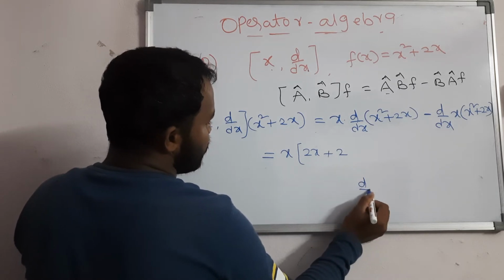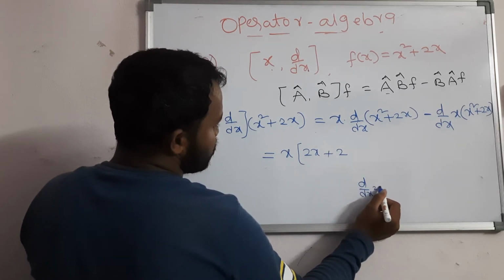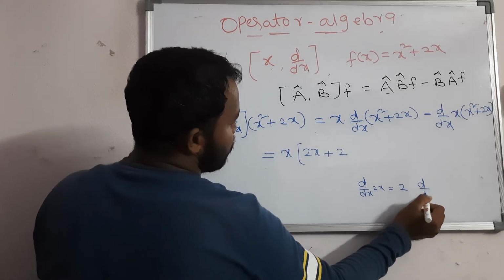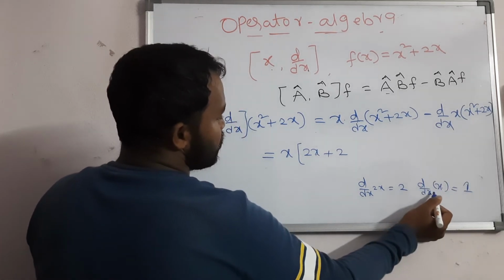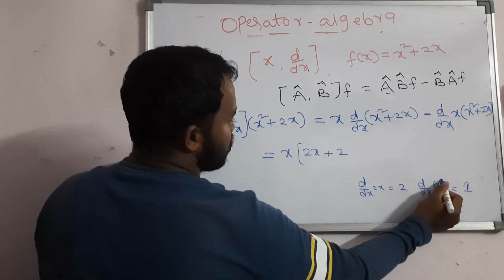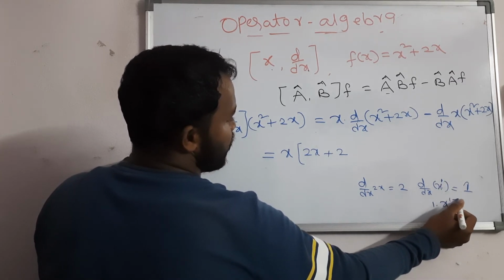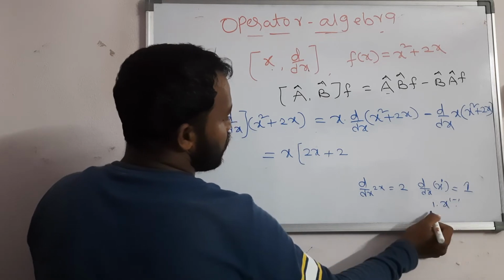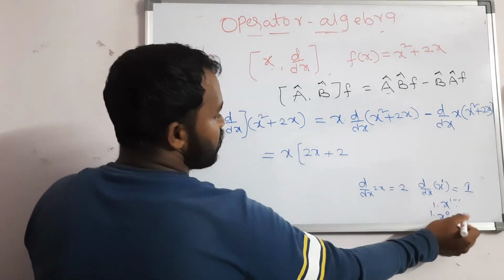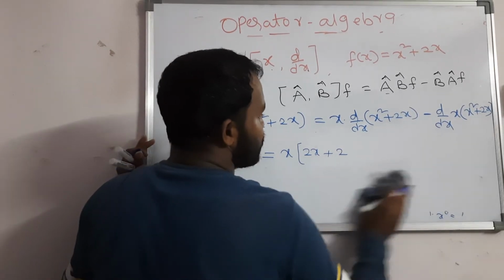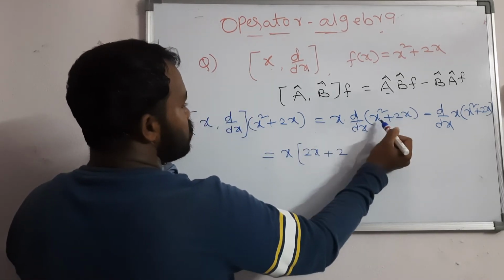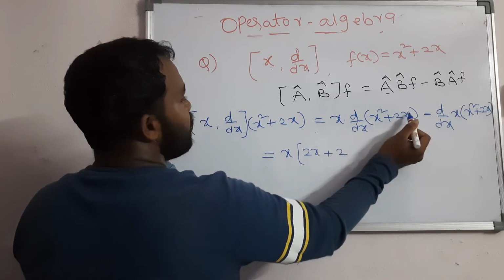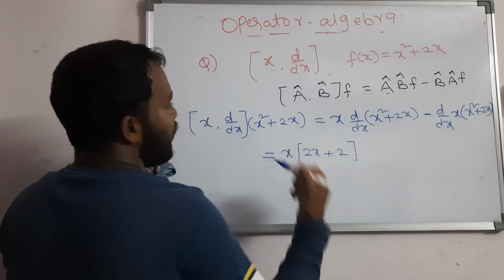As I already told you, whenever 2x is there you should write 2 outside. d/dx of x is 1. How will you write it? x to the power n gives n x to the power n minus 1, so that is 1 into x to the power 1 minus 1, which is x to the power 0, and something to the power 0 is 1. So d/dx of x you should remember is 1. So d/dx of 2x, the 2 you write outside, and d/dx of x is 1 as it is.